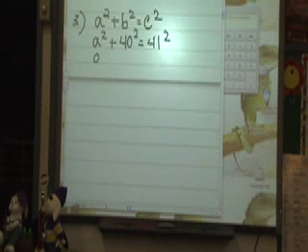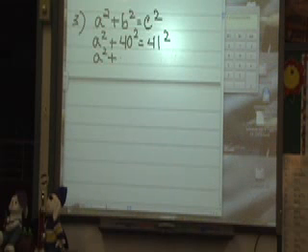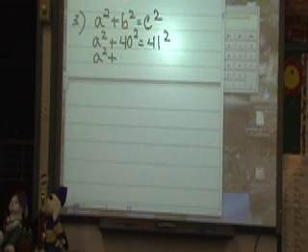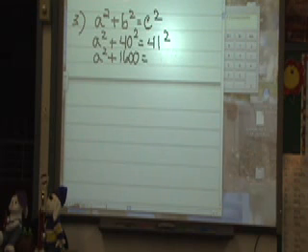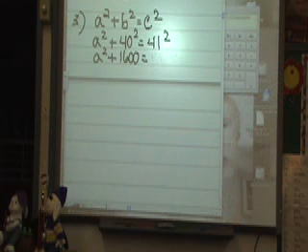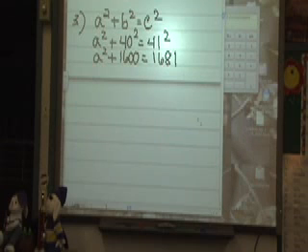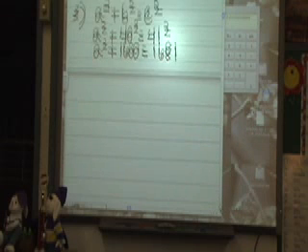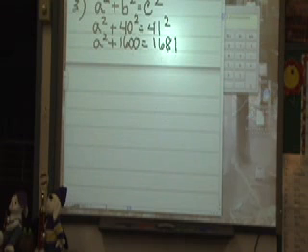So we bring down the A squared. 40 squared is what? You don't need a calculator. 4 times 4 is what? 16. And add 2 zeros. Now use your calculator and find out what 41 squared is. Good. Next step, we have to find A squared. So what are we going to do to both sides? I'm going to subtract